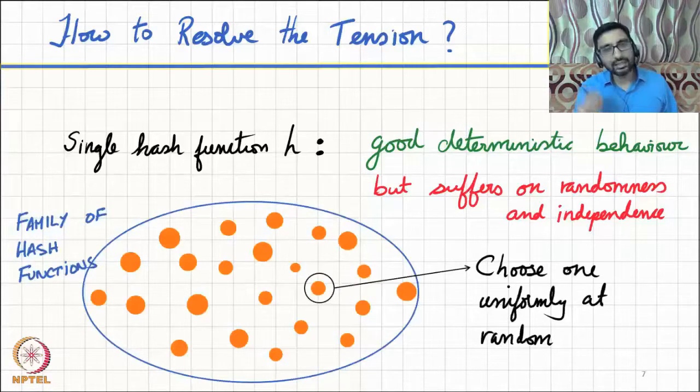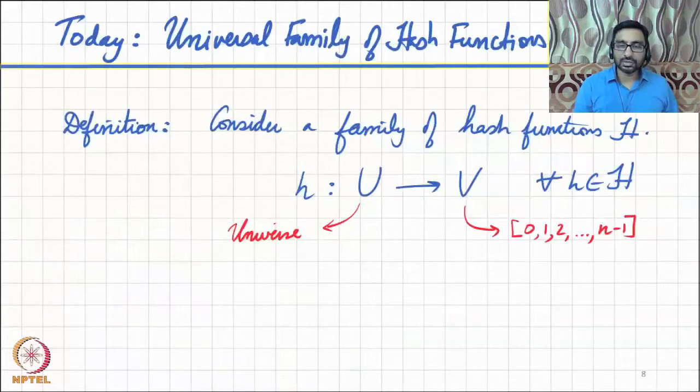Instead of focusing on a single hash function, let's consider a family of hash functions. So we have this whole family of hash functions. When we actually need a hash function, we choose one, but we choose one uniformly at random from this entire family. So in this manner, it's easier for us to bring in the randomness requirements for hash functions. Okay, but we need to be a bit careful when we do this.